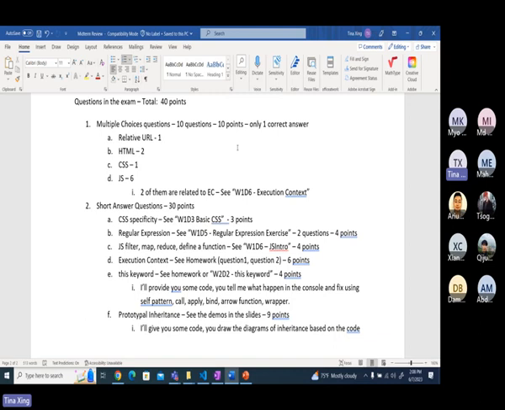No answer is 2 answers. Okay. And I'm very generous. Here, you're going to have 1 question on relative URL. You have 2 questions on HTML, 1 question on CSS, and 6 questions on JS. These 2 I will show you. 2 of them are related to